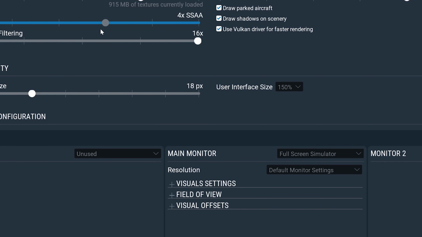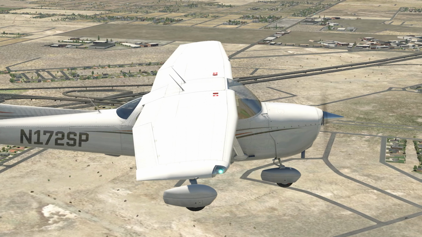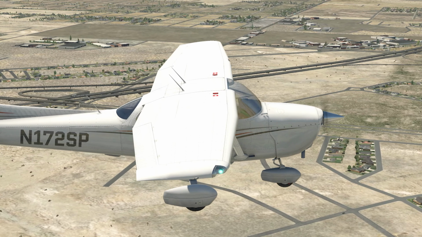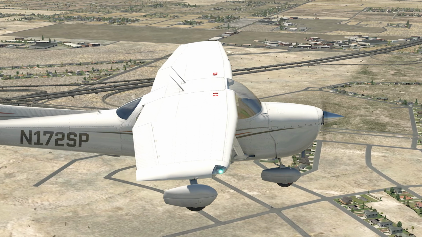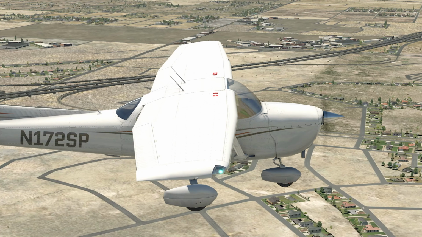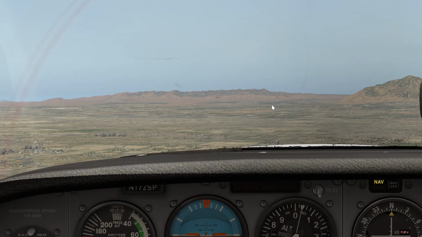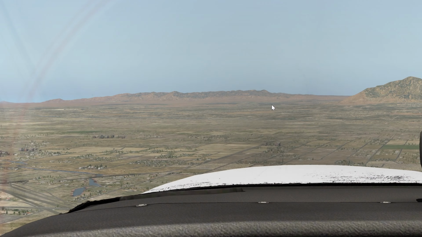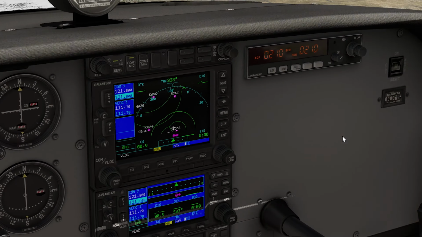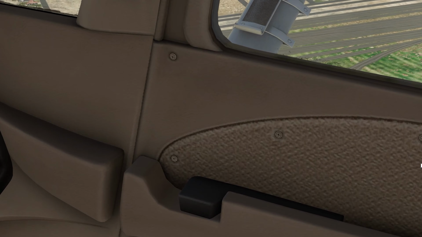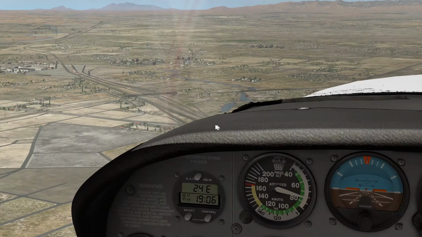Now let's take anti-aliasing down to just super sampling. What do we get now? Gained maybe 4 or 5 frames. Let's get in the cockpit. Bring that camera back up so we can sort of get an idea. And again, no noticeable difference. Everything still looks nice and smooth. Nothing that I would